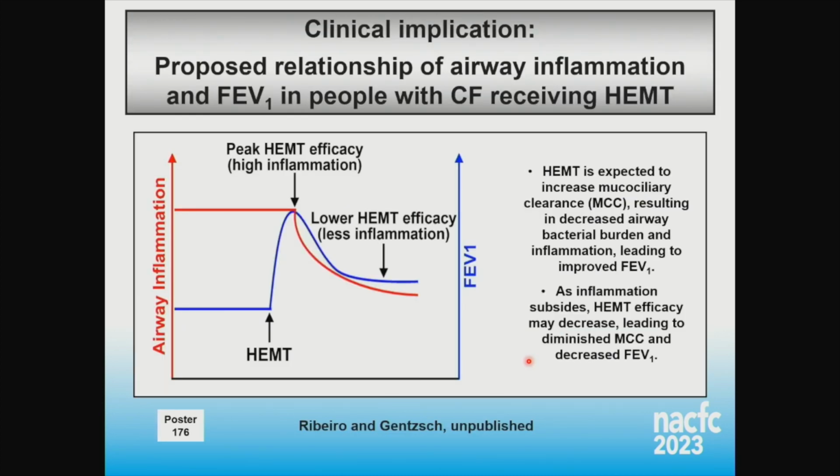And finally, what is the implication of all this? Again, this is hypothetical, but I would like you all to consider. So when we start HEMT, which stands for Highly Effective Modulator Therapy, HEMT is expected to increase the mucociliary clearance, and this should result in a decreased bacterial burden, inflammation, leading to improvements in the FEV1. However, as the FEV1 improves and inflammation subsides, HEMT efficacy would then lower, and this would decrease MCC, leading to a decreased FEV1. So basically, again, it's the cycle that we believe may exist in vivo in the airways of